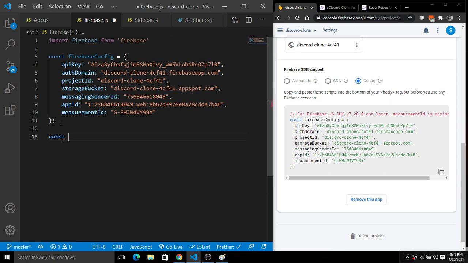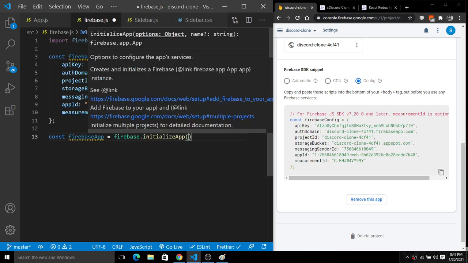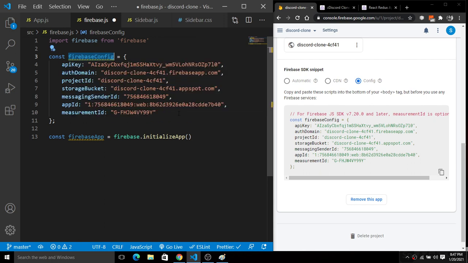So I'm going to make an object, firebaseApp, and we'll use firebase.initializeApp, and pass the object firebaseConfig inside this function as an argument. Got it? Fine. So we have firebaseApp equal to firebase.initializeApp, and we have passed the config object as an argument in initializeApp.